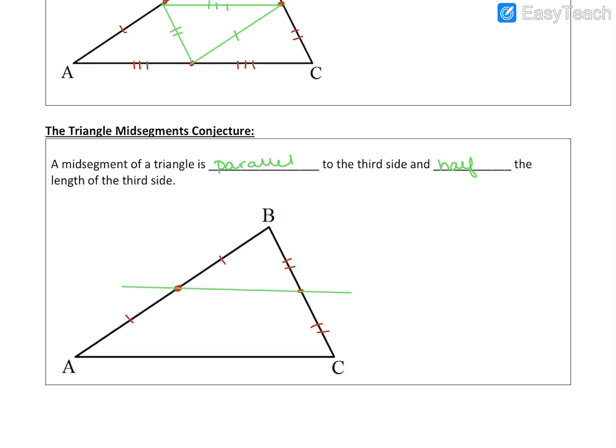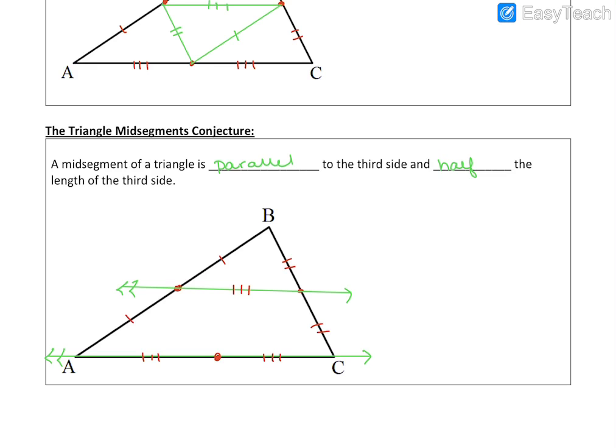Now, this line right here and this line that goes through the bottom, these two lines are going to be parallel, okay? We also know that if we marked the midpoint on this side, this part and this part would be congruent,